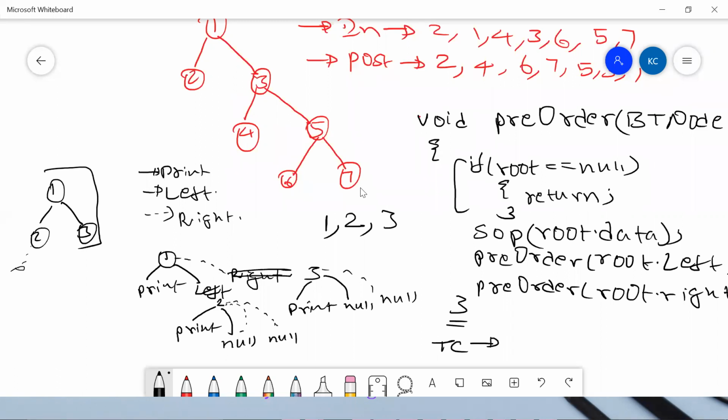Do you remember the time complexity formula, guys? Time complexity formula is nothing but number of function calls into time complexity of each call, and ignore recursive call. So something like this, we had a formula. I think we have written the formula also. So time complexity is number of function calls. How many function calls will be there, guys?